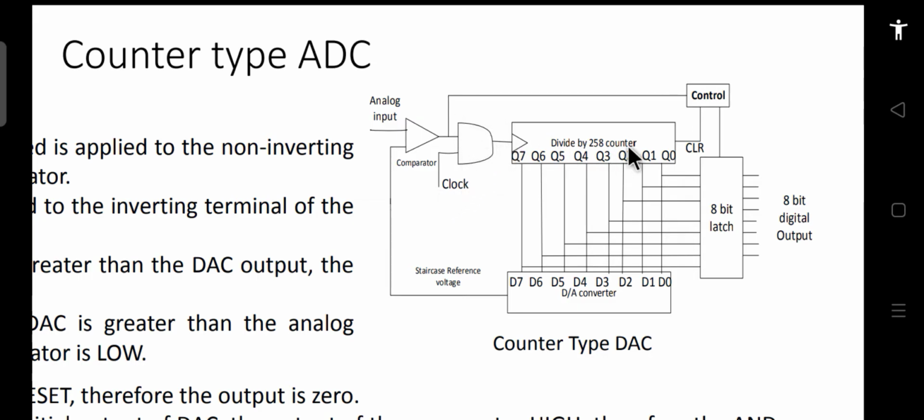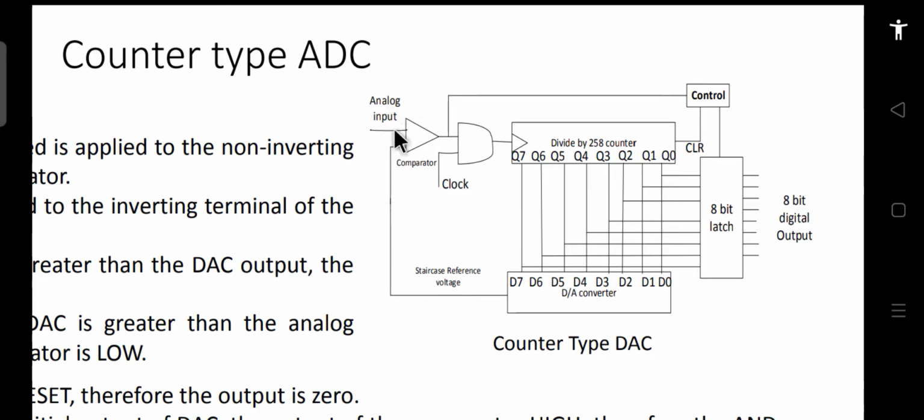If this is 1, then the counter will start working. Depending upon the analog input value, the counter will count up to that number, since it has a sufficient number of bits. As the counter keeps increasing its output value, that output is converted back into an analog value and fed here.